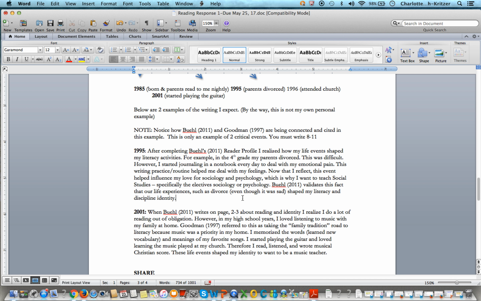Now, what I like about this, and this is why this would get an A grade, is because this person is proving that they paid attention to Buell's ideas and made a text-to-self connection to the reading. So they do responsible citing, showing me Buell's words and how they connected it to their parents' divorce and how that led them to read and write certain ways, and that this led them to their dream of becoming a social studies teacher, how it all connects the dots. It's pretty simple in that it's not very long, but it proves that the reading was done.